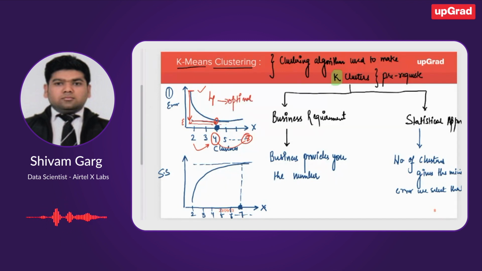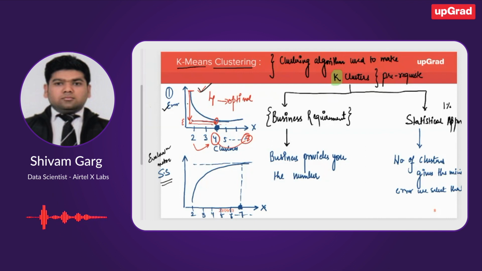Again, this approach is to be used only in those scenarios where we are not getting the number of clusters from the business, those 1% of the scenarios. Clear? Similarly, we have the Silhouette score. Remember, Silhouette score is an evaluation metric